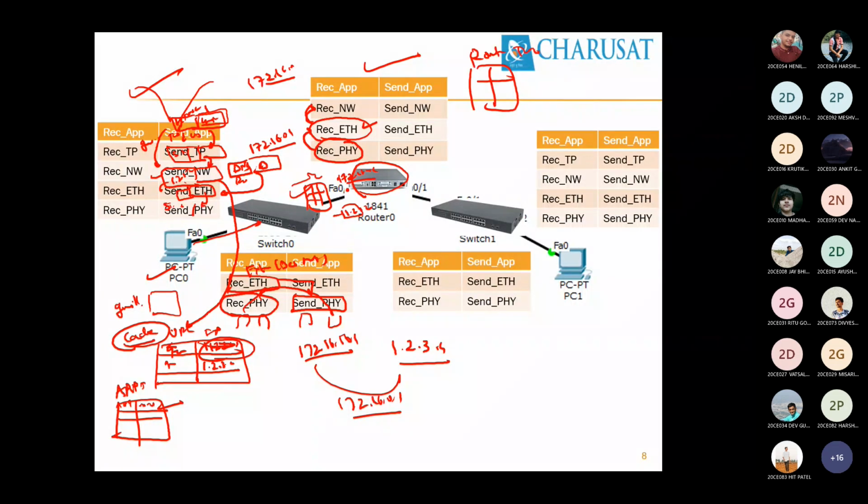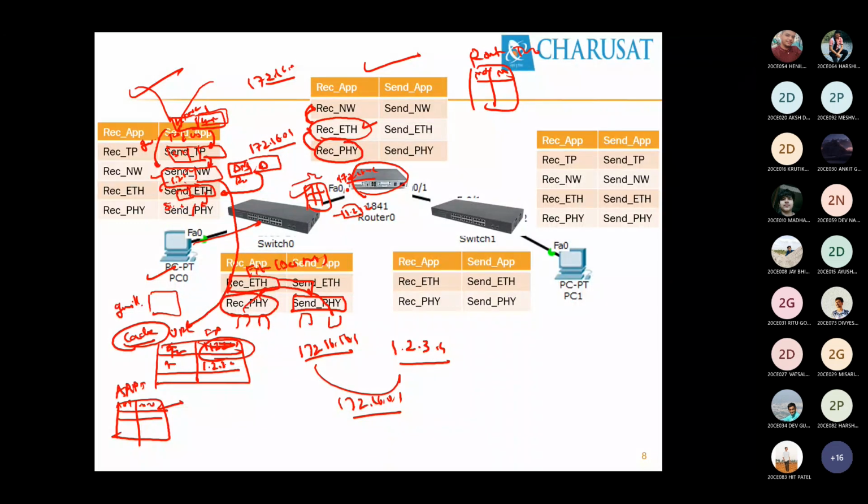Routing table, what does it contain? Network ID and next hop. Network ID and next hop, as in practical number 3 and practical number 6, if we have observed those routing tables very well. I'm taking minimum values.